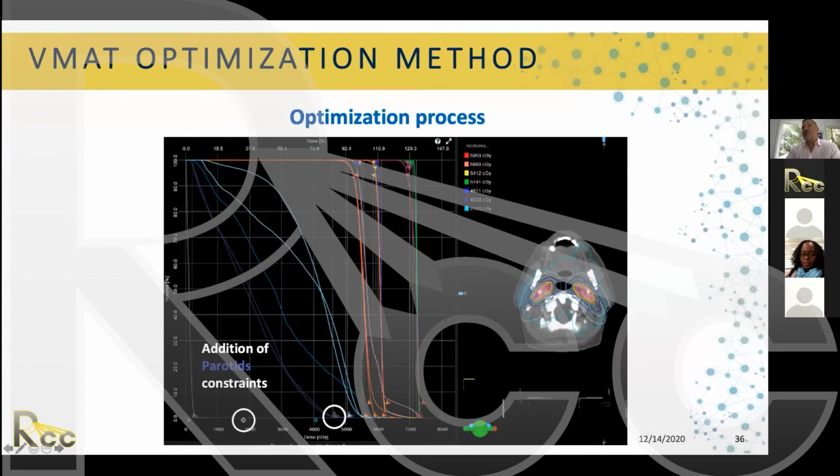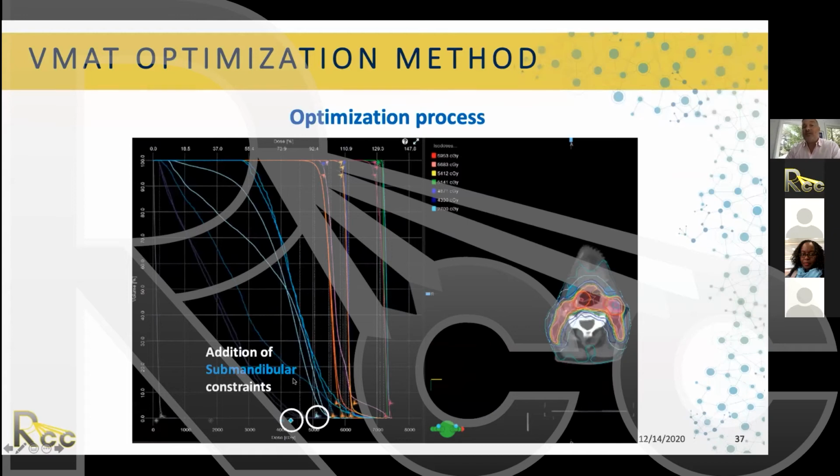So this is good, because we know that we can get up here eventually, so the shape of the DVH is the same. That's good, because then you need to know when to stop, because if I keep pushing this parotid, this shoulder will change. Then, for example, when I'm done with the parotid, we can move to the submandibular glands, and